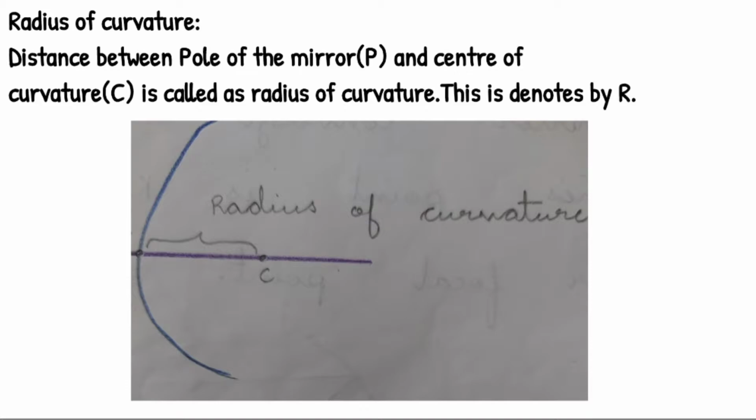Okay, and it is known as the radius of curvature. So this you can see in this diagram. So P, and between P and C you can see here the radius of curvature. So here I'm not painting any part, I'm not shading it, just for example, I'm drawing this and showing you how you have to see the radius of curvature. Always the radius of curvature is between C and P.